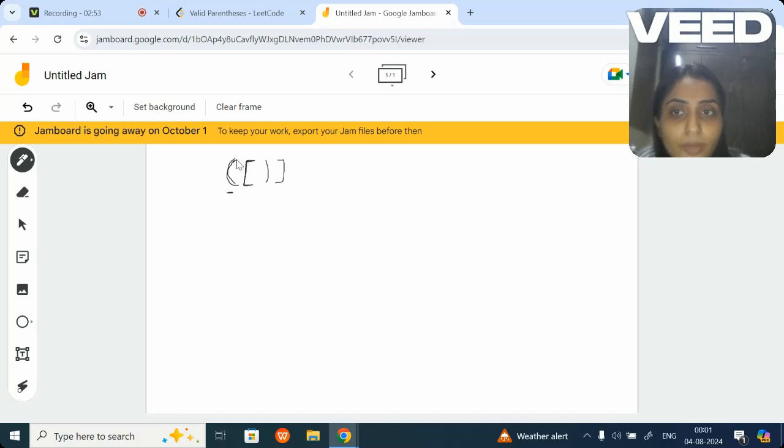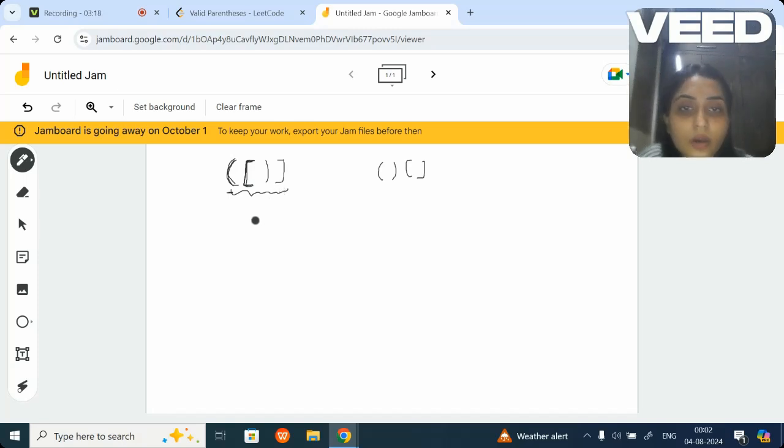It should be the immediate closing for it. So basically, it can be like this. It should be immediate. It cannot be something like it has a different type of character, and the closing braces, it's not even a closing braces, it's an opening braces. So this kind of thing will not work.